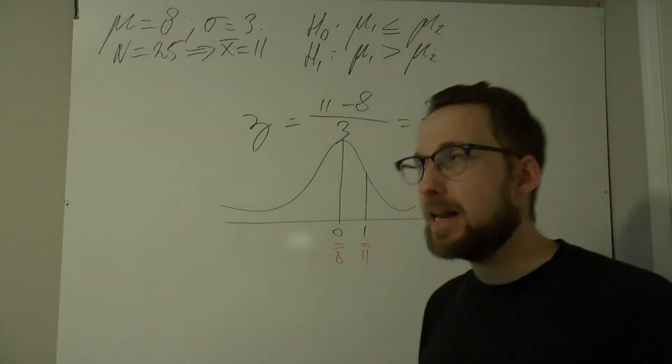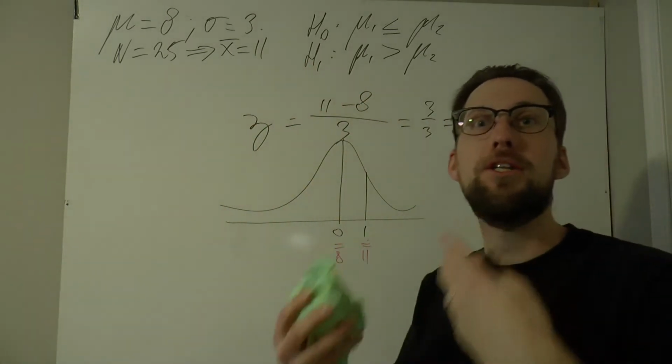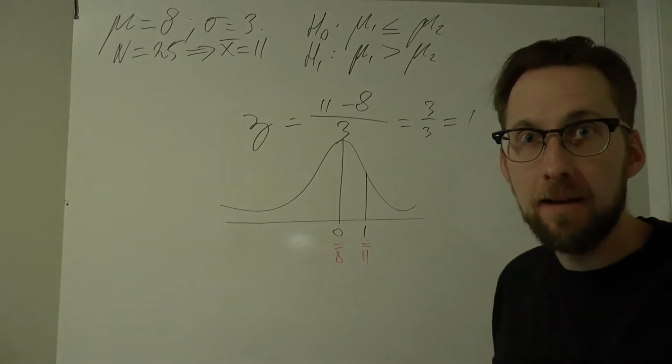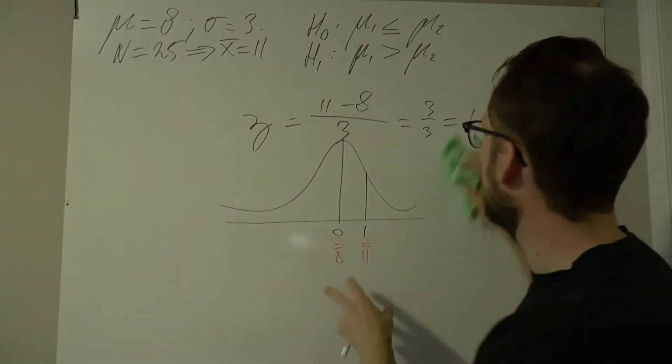I do what I just said. I see where my sample mean is in the whole distribution of other sample means. And then I can see where that mean is relative to the population mean. After all,